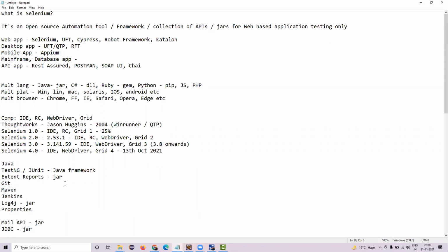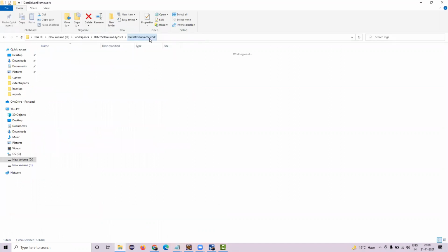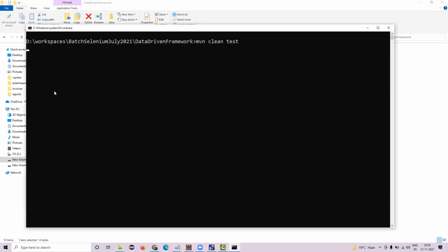Maven has multiple purposes. I mean, we can use it as a dependency management tool, or we can use it as a build tool as well. What dependency is, we're going to take a look at in some time. But if I show you something like this, if I go back to this project, you can see there is a batch file over here. If I just double click on this batch file,